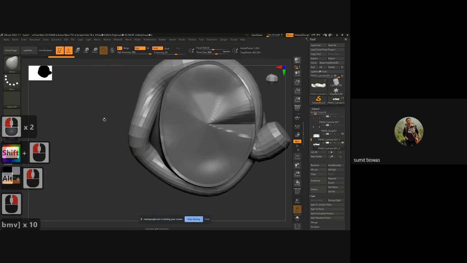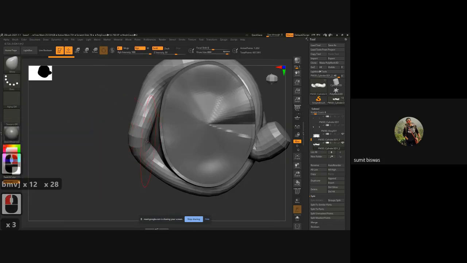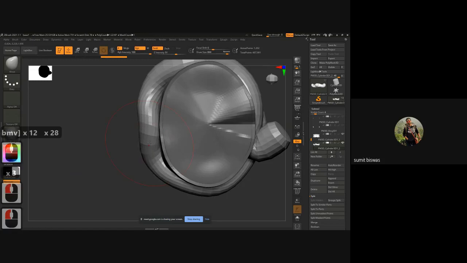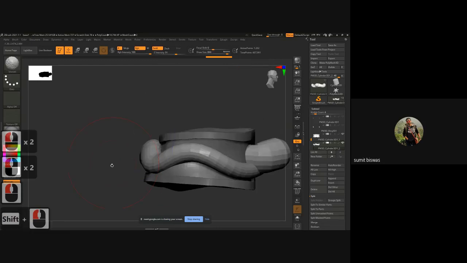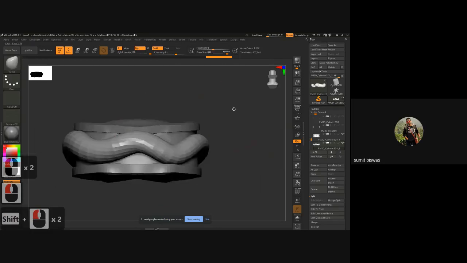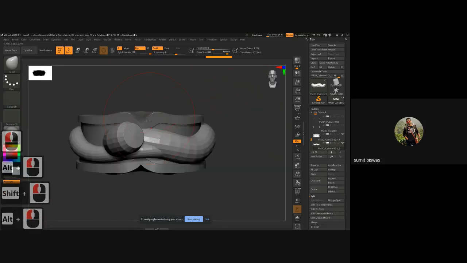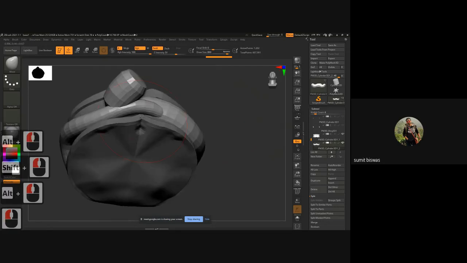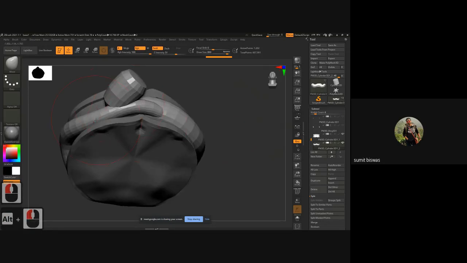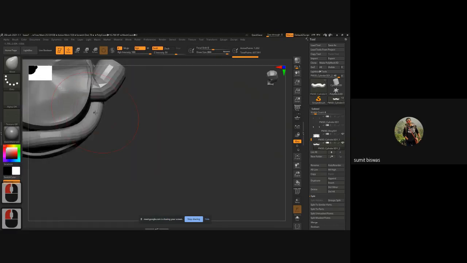BMV. And for moving this kind of surface, make sure you use a bigger brush, so you'll get a very smooth transition. Otherwise, it will give you these crooked shapes. So use a bigger brush for snap and for movement. And right now I want to move this tail, or move this body. If I try to move it now, you can see it affects this area as well, but that is something I don't want.